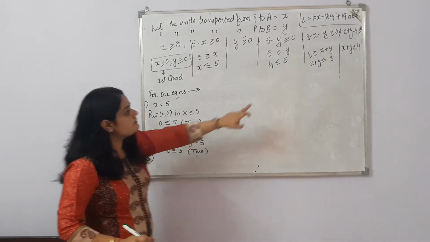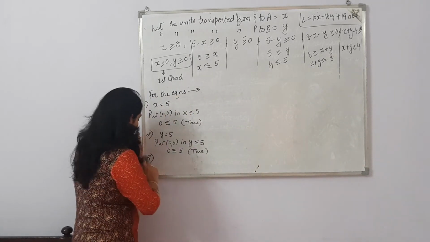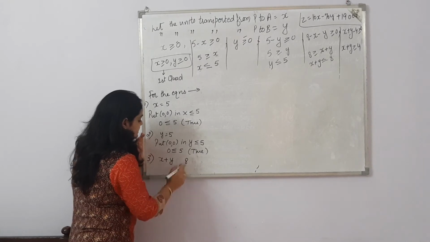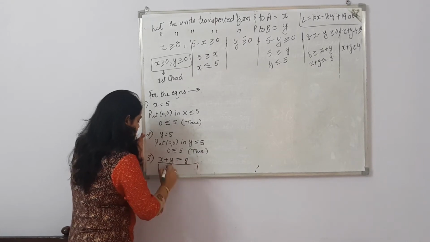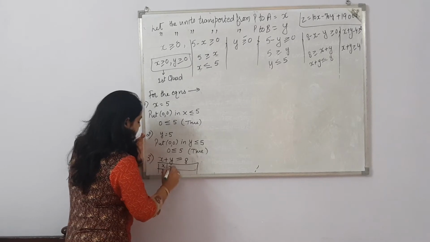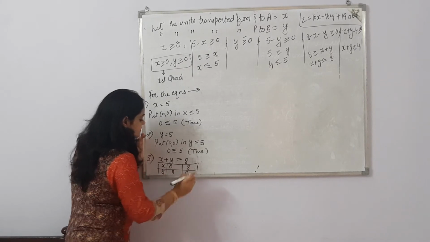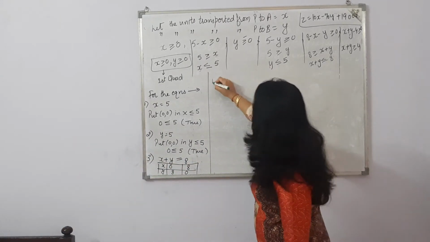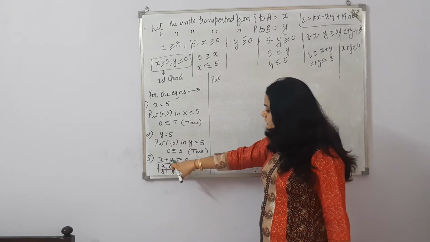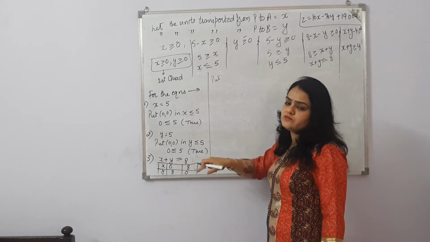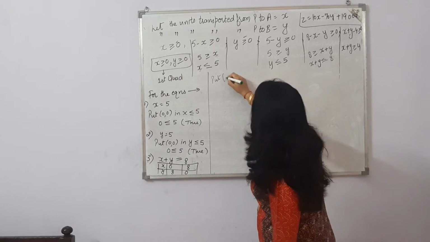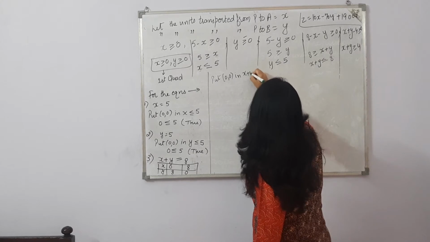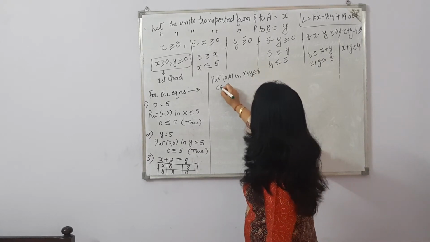We'll take the third case. The third case is x plus y less than or equal to 8. So we'll take the equation, that means equals to. If x is 0, y is 8, if y is 0, x is 8. If we substitute, is 0, 0 lying on this line? 0 plus 0, that means 0 is equal to 8. Of course it's not lying on the line because that is not equal. So we can substitute in the inequality. So 0 is less than 8.